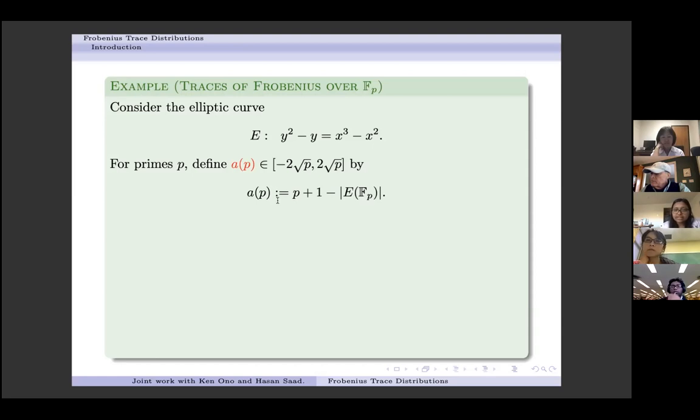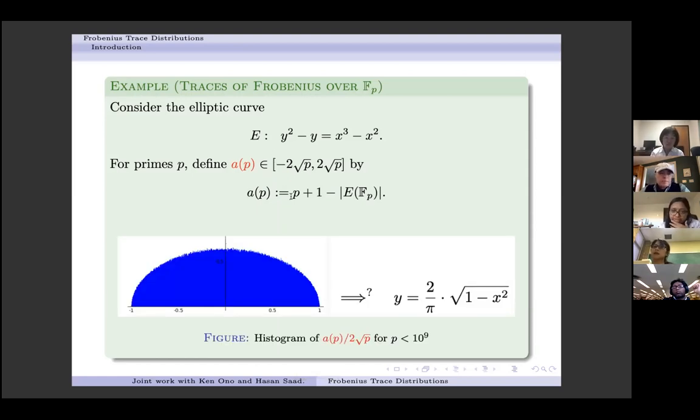In fact, there is a very well-known bound by Hasse, which gives that these numbers a_p lie in the interval negative 2 square root of p to 2 square root of p. So if we consider the numbers a_p over 2 square root of p, these are real numbers lying in the interval negative 1 to 1. If we collect these numbers a_p over 2 square root of p for primes up to 10 to the 9 and make a histogram of these values, where on the x-axis we divide the interval into subintervals and on the y-axis we take the frequencies,